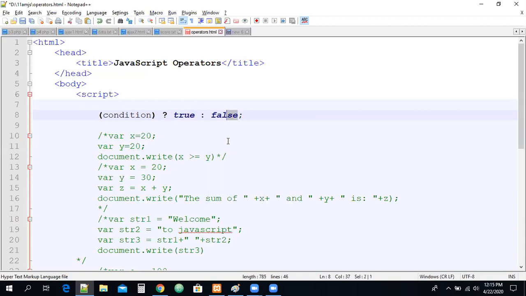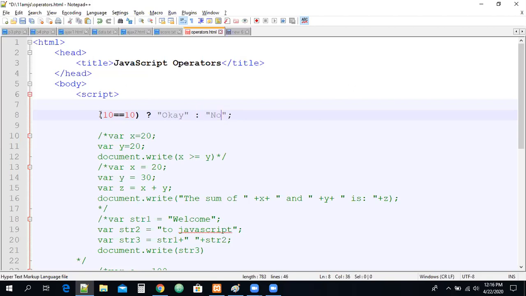You can write any logic here. You can write any string here, whatever it may be. This is called the true block, and this is called the false block, guys. You can write anything here, and it is going to be compared automatically. We will see it with some comparison operators. I am writing 10 equal to 10. If this is evaluated, I mean, if this is true, this block will be executed. Let me write simply an okay message. Here you can write a no message, something. You can take anything.